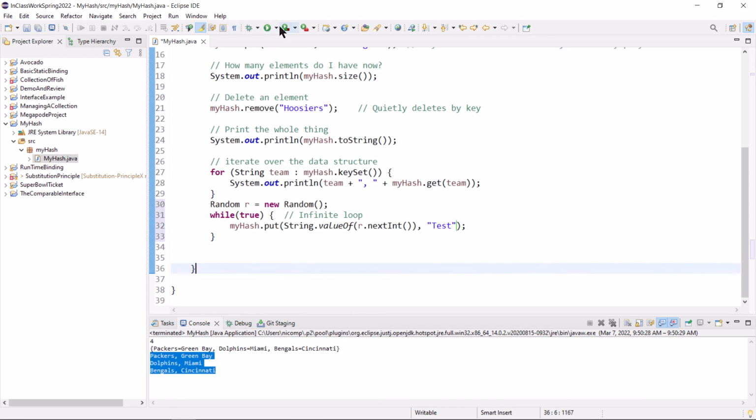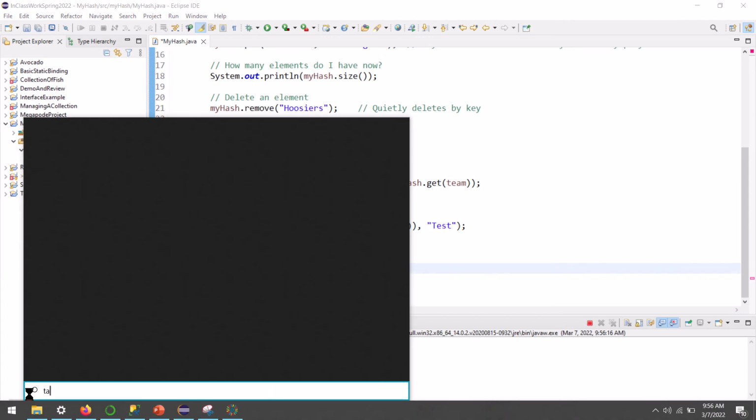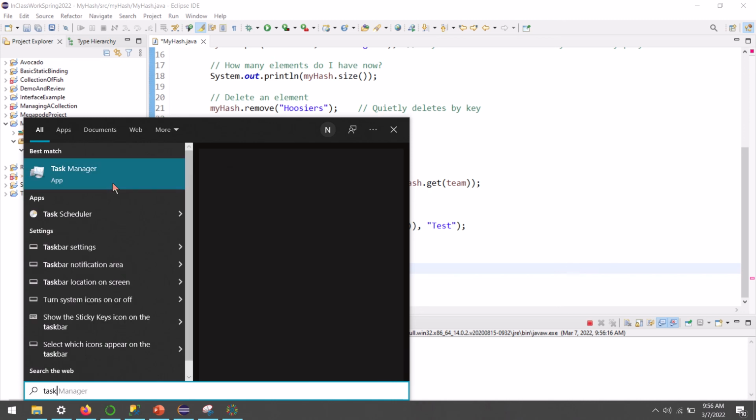Here we go. Run. Now when it runs, it won't look like much because it's just going to sit there. It's stuck on line 32. The terminate light is lit. That means the program is running, and I can terminate it by clicking that button. Now performance is dragged to a halt. You can see that if my recorder is working at all, I'm having a heck of a time even getting something to run.